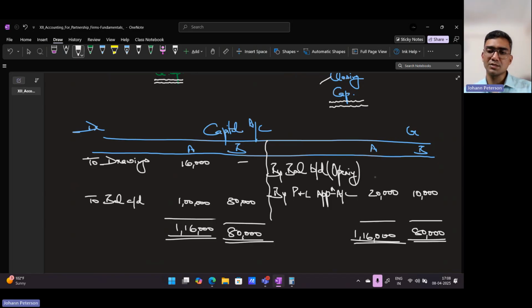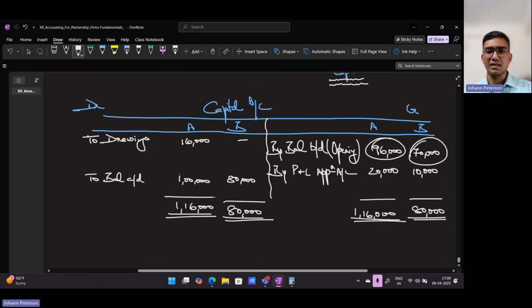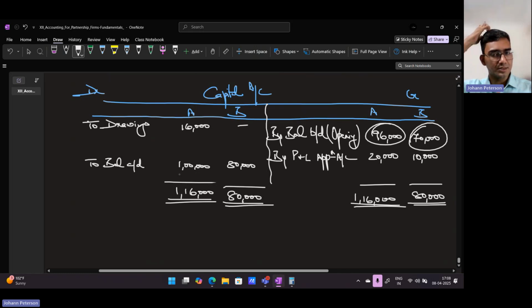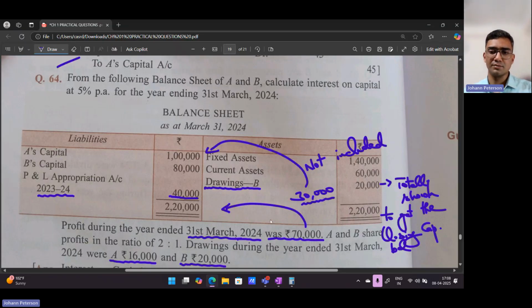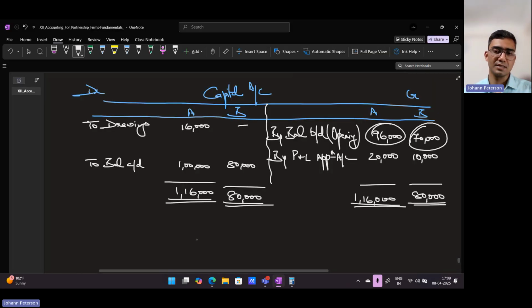So 1,16,000 minus 20 makes it 96,000. 80 minus 10 makes it 70,000. So these two are our opening balances. And since we calculate interest on capital on these opening balances, we have been told our interest on capital is to be calculated at 5% per annum. So interest on capital